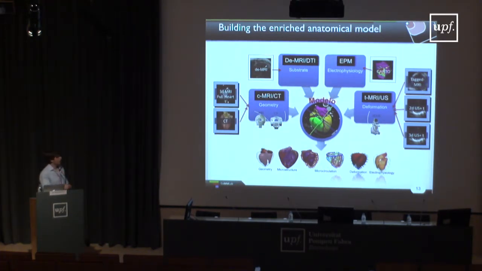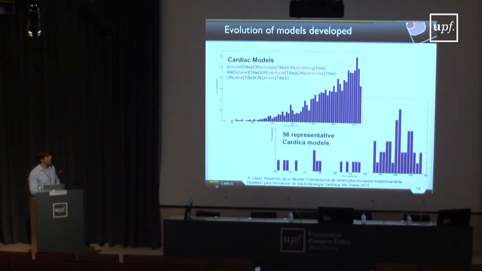There has been a big interest in building such a model or these types of models. And if you look at the literature over the last years, this is a summary of the number of papers published in the literature over the last 50 or 60 years. And you see that there is an increase in the number of papers published, this is PubMed, related with cardiac modeling and segmentation and construction of these models. From them, well, there are many that, let's say, are key models because they represented a change in the way that the model was built. Okay, so first,